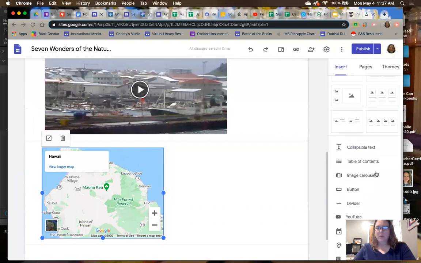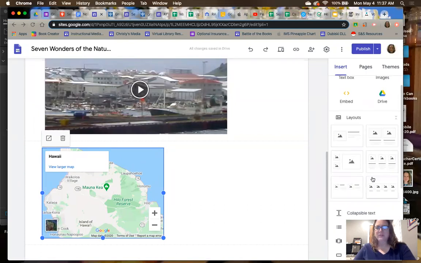Okay. The one thing that I do like about Google Sites are these layouts. So if you wanted to use one of these particular layouts, kind of like Google Slides, it gives you pictures and text and stuff like that. It just depends on the way you want the layout to look. I chose not to do that because I wanted a very straightforward design. Although if I were to go back and do it again, I might choose a couple of these layouts where I had,